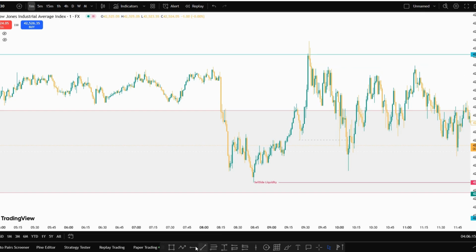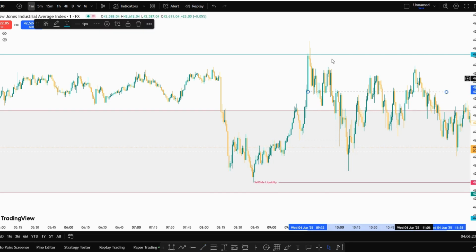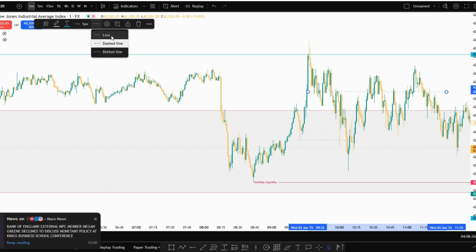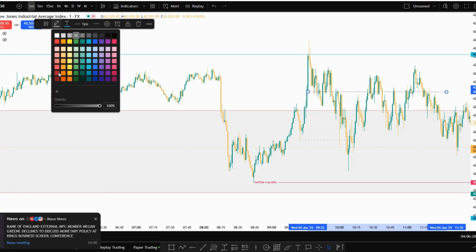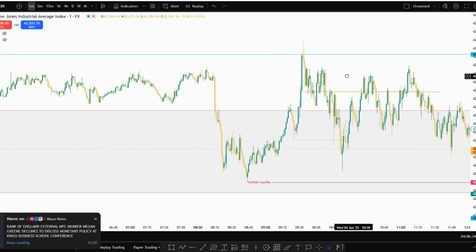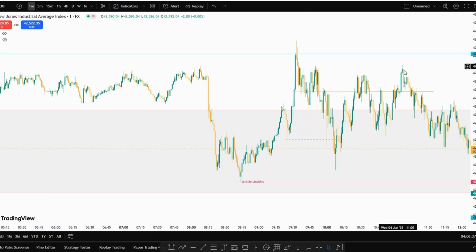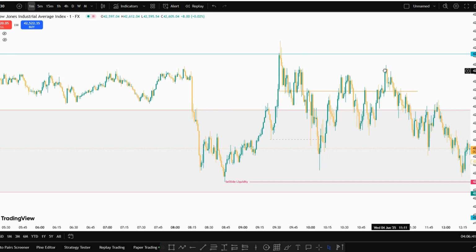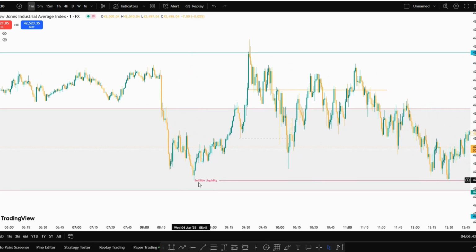Yes, it was a good move off. You can see that price used its bearish order block over here, right? Price used its bearish order block, right? So this is a 1 minute bearish order block. So price did test it. It tested a bit more than 50% of it or 50% of it, right? And then we traded to the sell side liquidity,